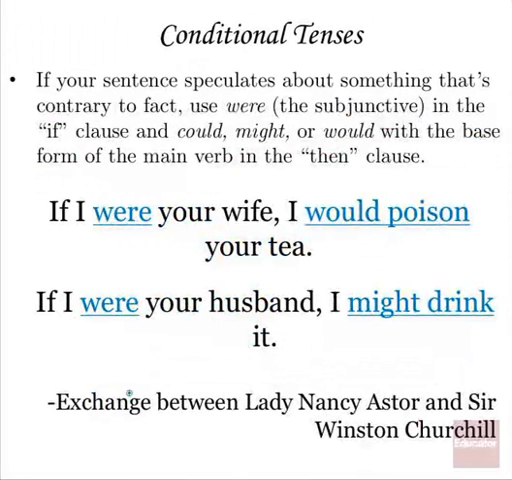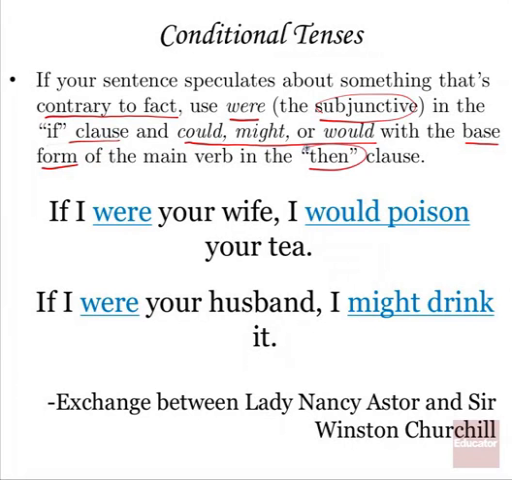Speculating about the past. Coulda, shoulda, woulda. Now, if your sentence speculates about something that's contrary to fact, okay, we're talking here about wishes, about requests, about hypothetical situations, then you use were, which is the subjunctive that we'll get to in a moment, in the if clause, and could, might, or would with the base form of the main verb in the then